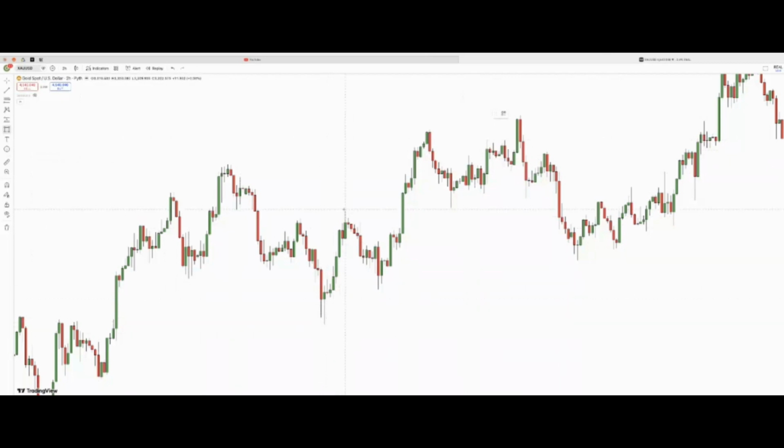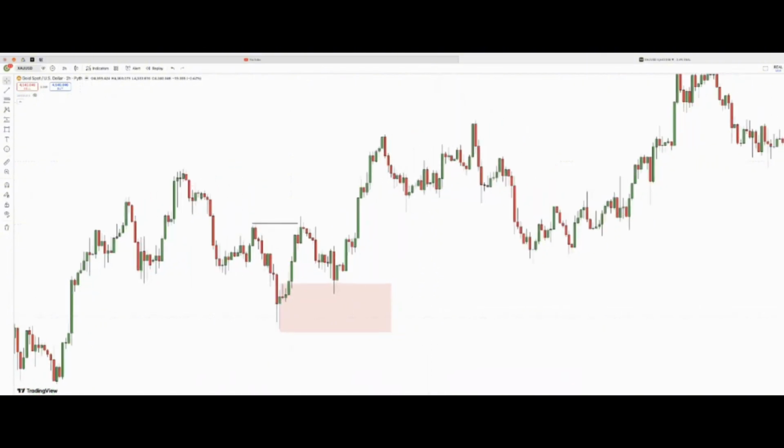And this low right here created this high. This is a higher low, higher high. All right, this low created this high. This is actually a shift, all right, because price is currently rejecting off this support area. Price is currently rejecting off this support area, but I'm going to use this as a support area, all right,